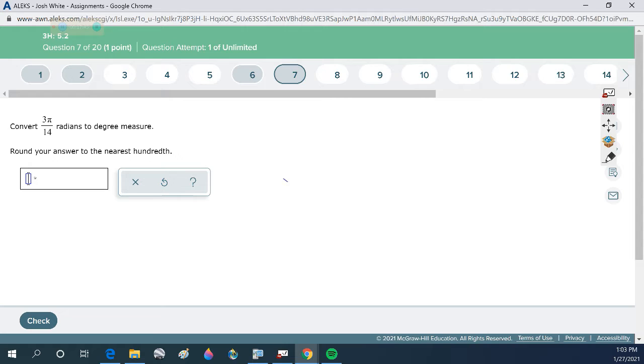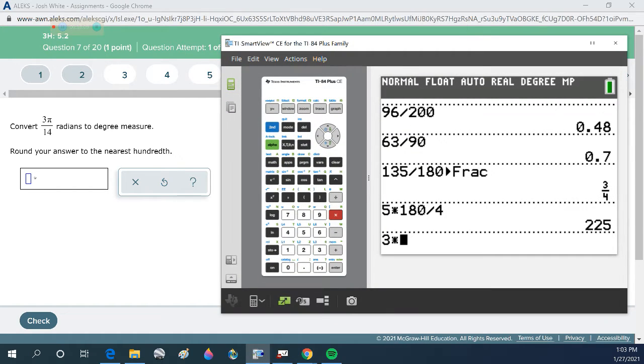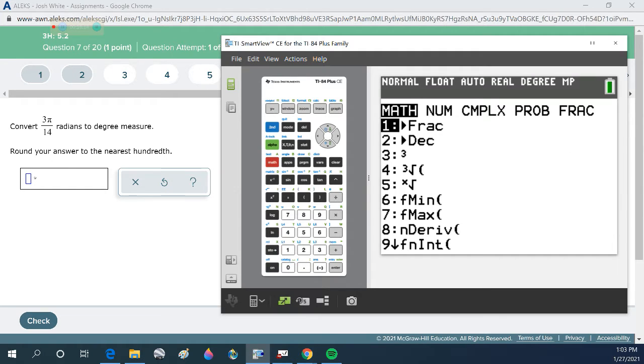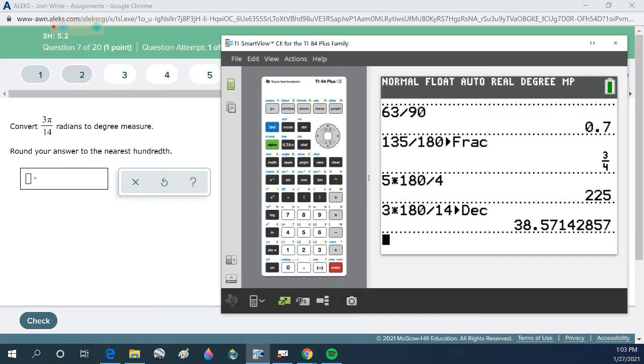So in this case, 3 pi over 14. I want to convert that into degrees. So I put pi on bottom so they'll cancel and degrees on top. And there are 180 degrees in every 1 pi. Pi cancels pi. And 3 times 180 divided by 14. Oh, it wants a decimal answer, so 38.57